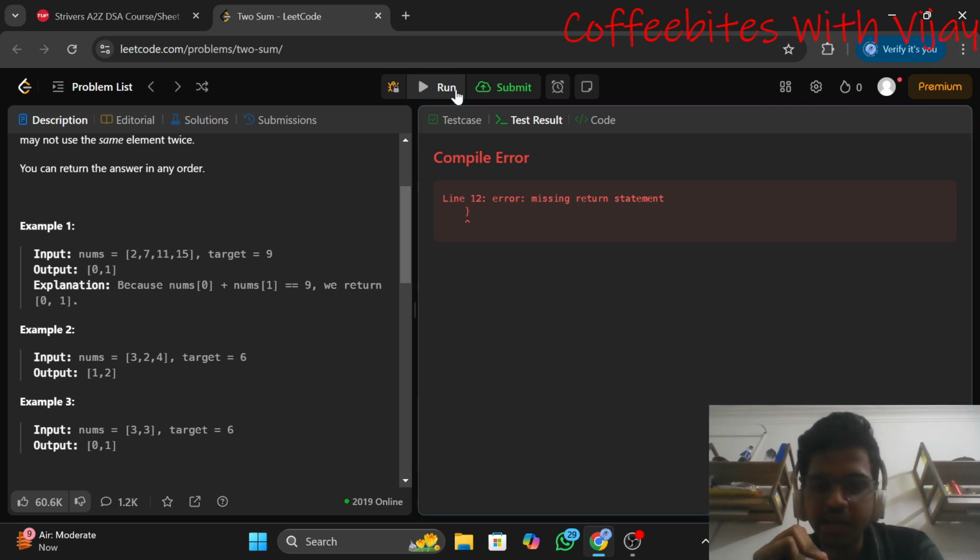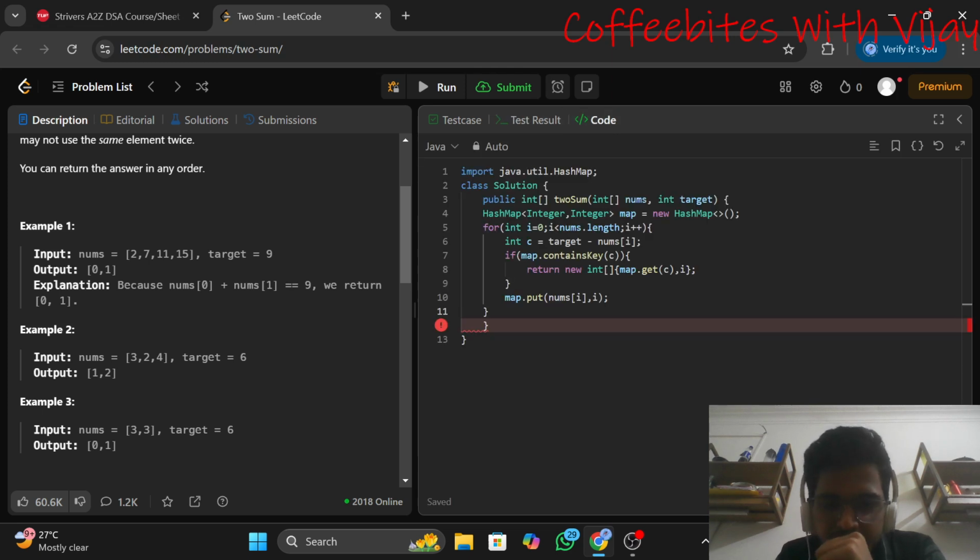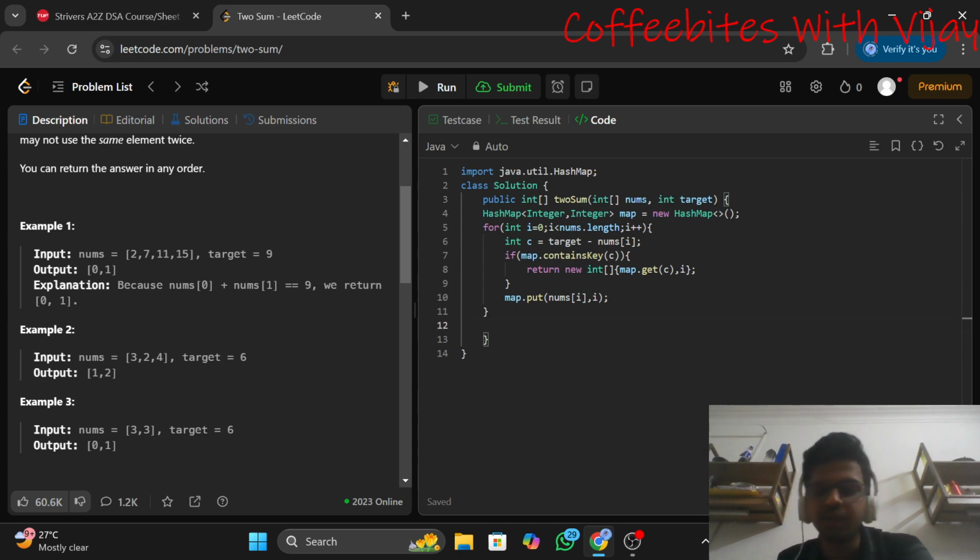This is giving me an error, that is, missing return statement. I have given the return statement, right? This is showing me an error over here. Oh yeah, guys. If the value is not found, I have to return something. I'll return new int array with -1 comma -1 if the value is not found.